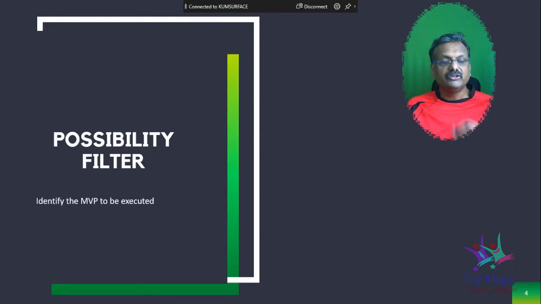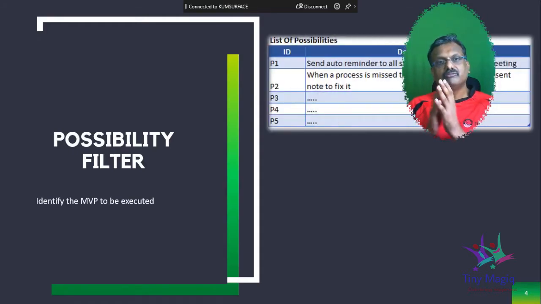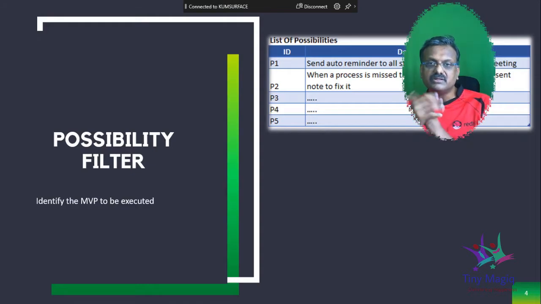Now, how do you use it? It is used to identify an MVP. So let's take, for example, we identified the trim tab in a real world scenario as people not coming prepared for meetings. So the possibilities could be, I will send an auto reminder to all stakeholders to prepare. And probably send a note to all the relevant stakeholders who had missed the previous meeting, so that when they come for this meeting, they can be prepared for it. So you list down the possibilities. In this case, the trim tab that we found is people turn up for meetings without preparing for it. So once we have a list of possibilities for a trim tab that is identified.